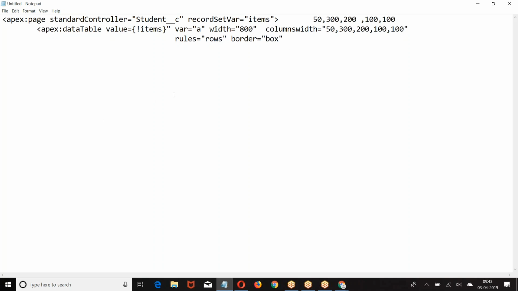for header I want to give a style called header class. For rows I want to give style 2 and 3, row classes. Right. Then I want a spacing between the elements. When I want a spacing,